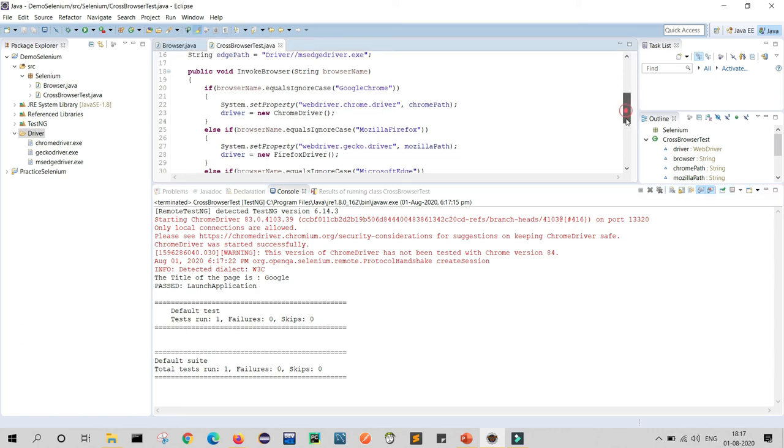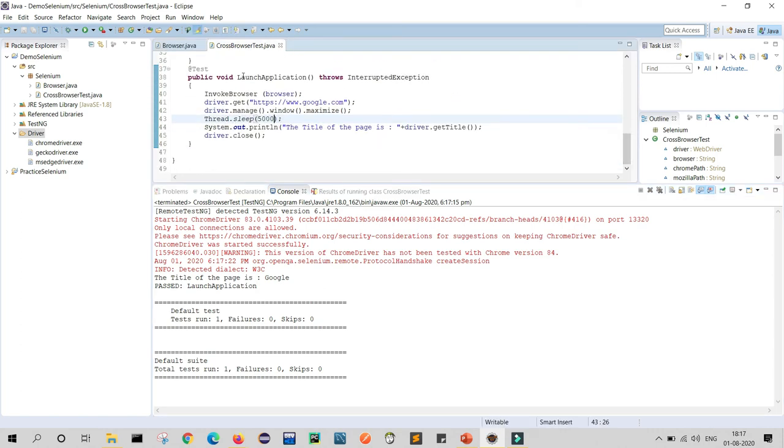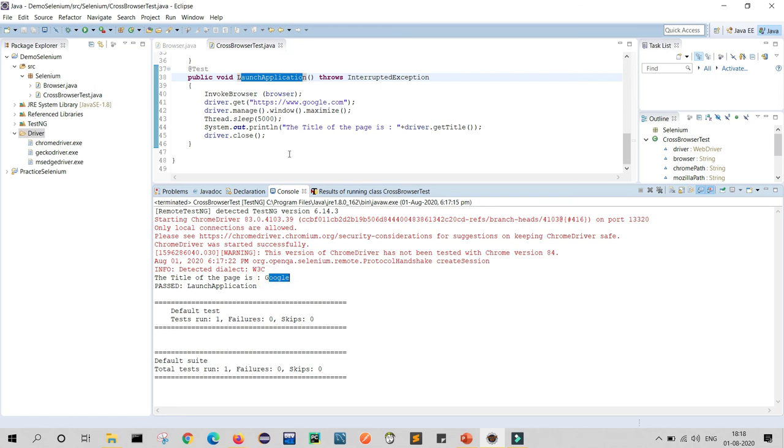What is my test? My test is launch application, as you can see here. Here we want to print the title. Whatever we have written, the title of the page is Google, and now it closes.